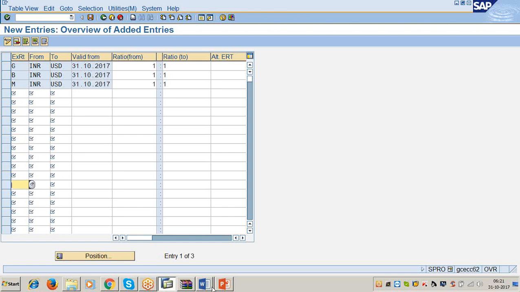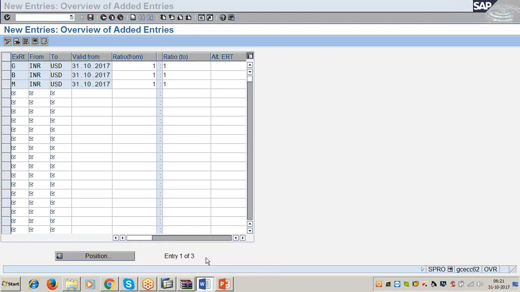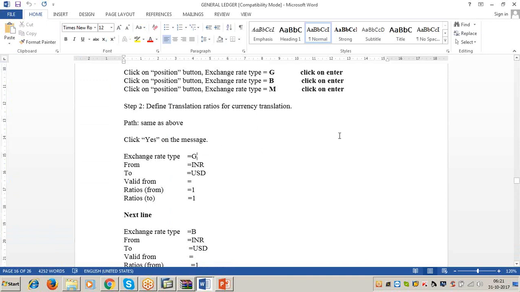Clear? Write down this point here. You have some space, no? Write down here.